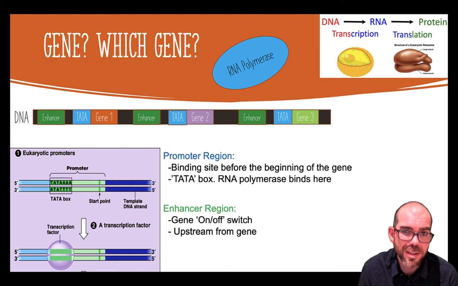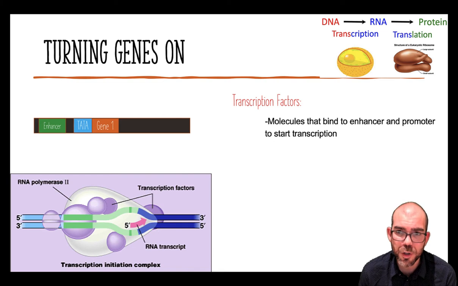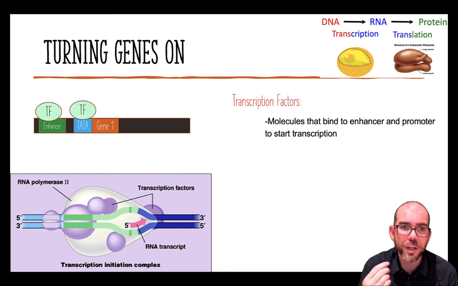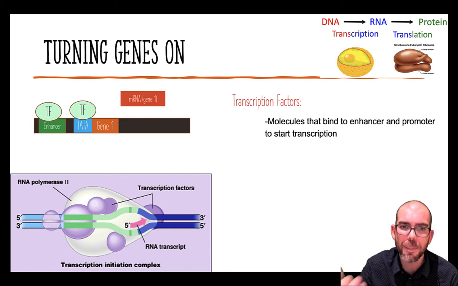So now this diagram is a more accurate representation of how genes are dispersed across your DNA. We have an enhancer, then further downstream we have the TATA box where RNA polymerase is going to attach, indicating the beginning of a gene, and then the gene itself, the sequence of DNA that codes for protein. To turn a gene on, molecules called transcription factors are going to attach to the enhancer and the TATA box. Once those transcription factors attach, that will then facilitate RNA polymerase to come, attach to the promoter, and build an